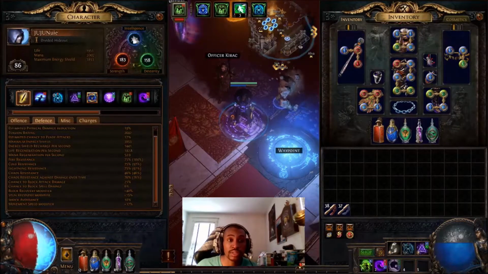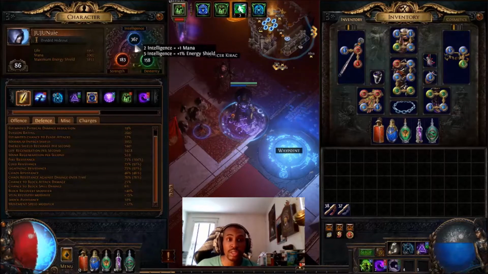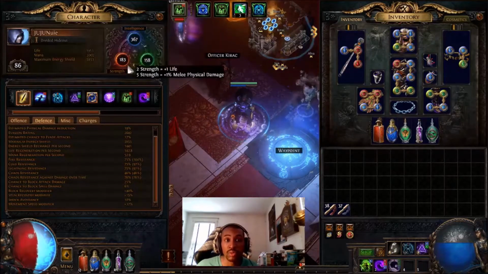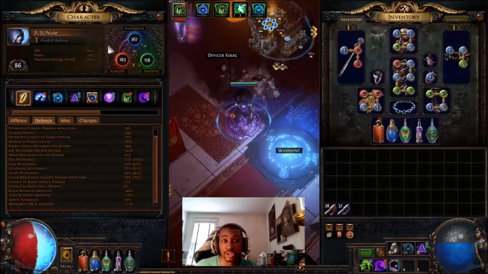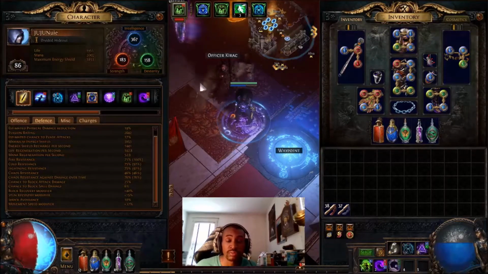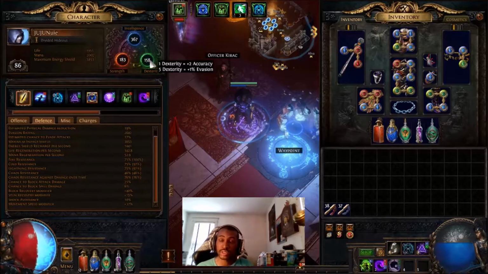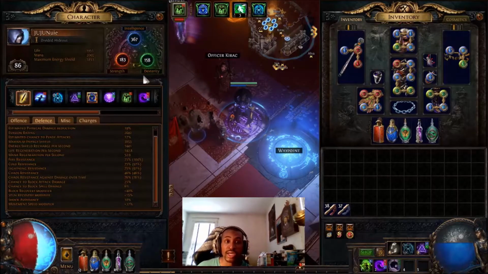I currently have all the stats I need, so high intelligence just for extra energy shield. Extra mana is really important in this build, so getting high intelligence is super important. You have to have 180 strength in order to wear the chest piece, so I've got just enough to get me over that mark from my skill tree and from gear. And then I got about 158 dex just for the gems. You really need about 155, but I got a little bit over